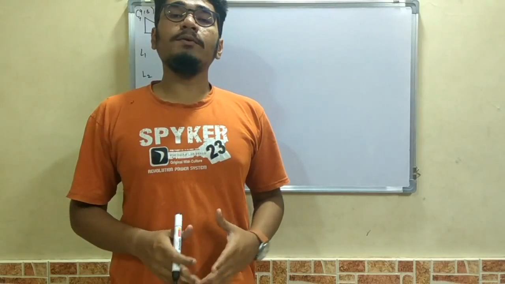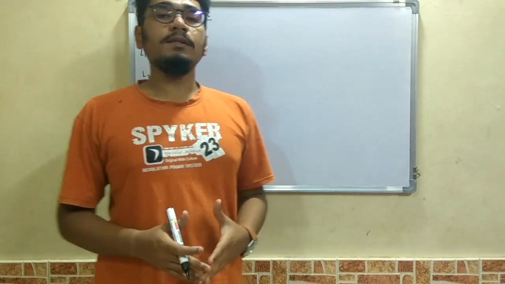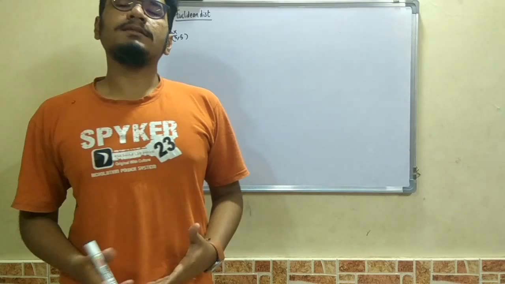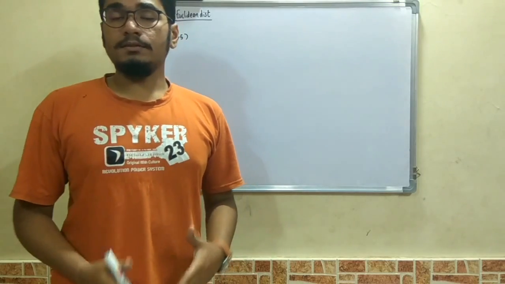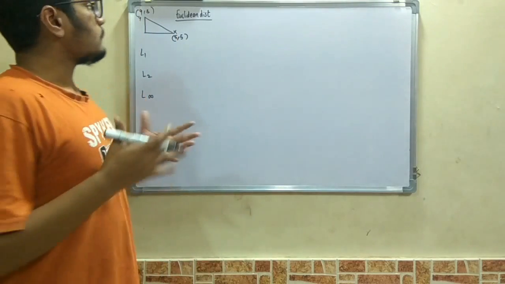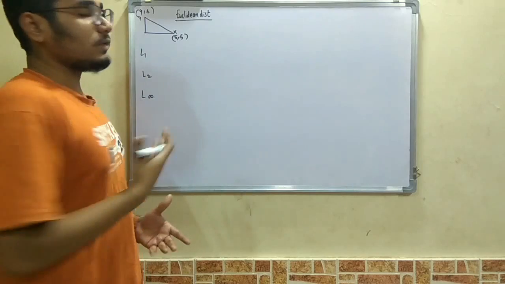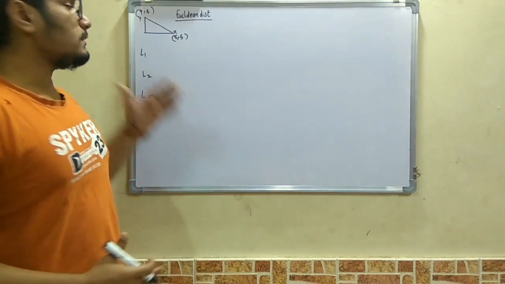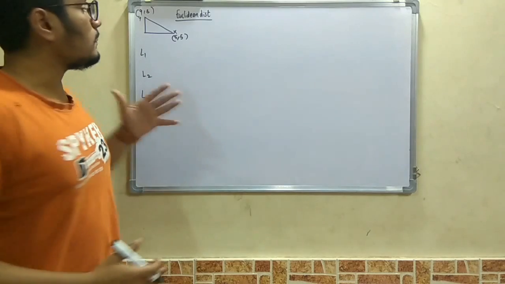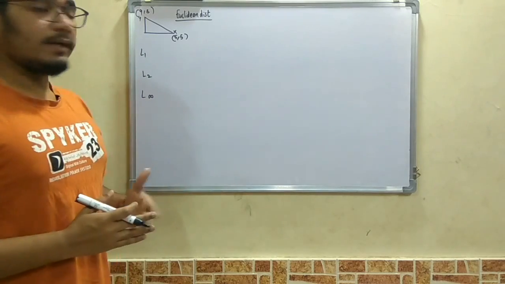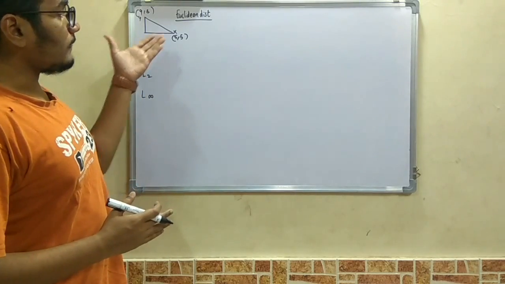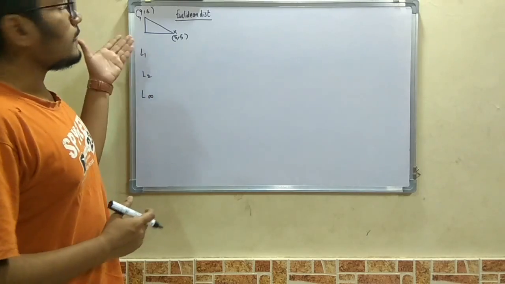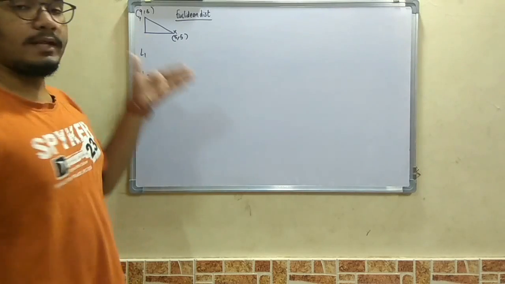Okay, so this video is based on solving problems based on the Euclidean distance and the other distance measures which we have discussed. So first of all, we will solve a problem based on the Euclidean distance. In this, there is a right angle triangle given with the x coordinates 5, 5, that is x1, x2, and the y coordinates as 9 and 8.